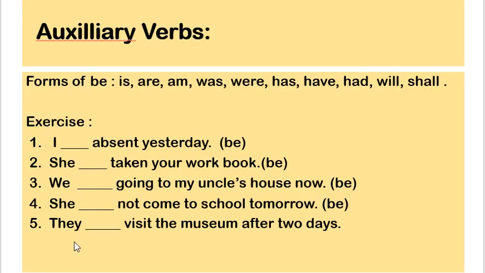Let's try to take one exercise to understand how we can use all these forms, which are also known as forms of be. Many times in the school examinations or in the test, you might come across such exercises whereby only be is given and we need to think about the appropriate form of the tense, the auxiliary verb which is to be used here. In such sentences, you have to take the hint. Here, yesterday is given, so we have to use: I was absent yesterday.